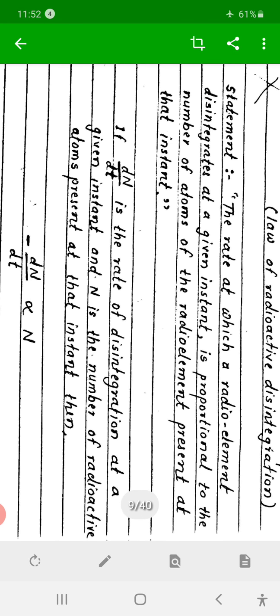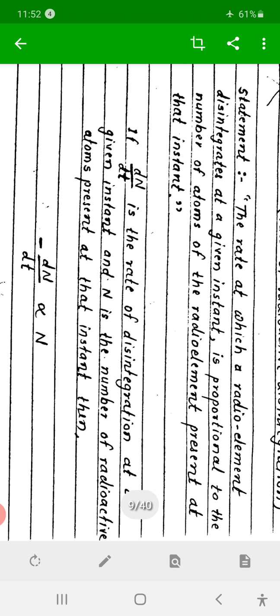The first statement of the law states that the rate at which a radioactive element disintegrates at a given instant is directly proportional to the number of atoms of that radioactive element present at that instant. That is,